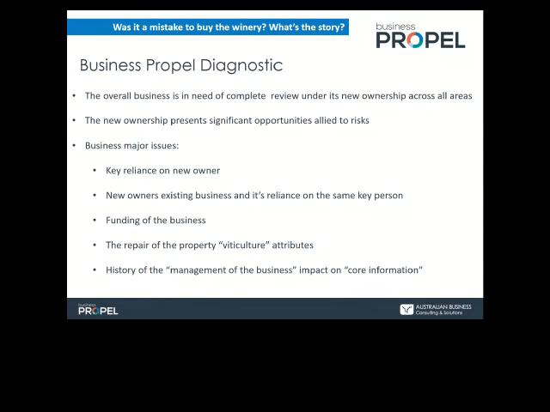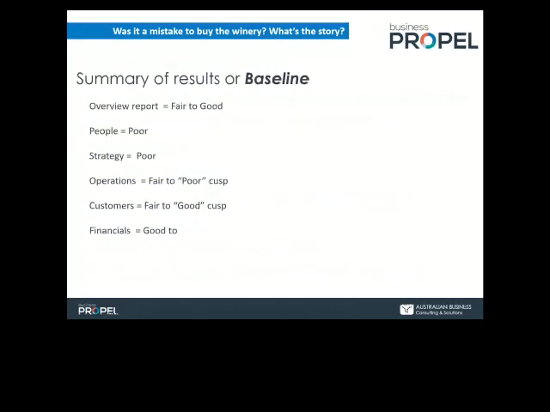And compromise led to perhaps not achieving things in the optimum fashion in the views of the new owners. That, plus a dispersal of management of roles and responsibilities across finance, marketing, viticultural maintenance, etc., led to a whole disparity and now a complete lack of primary core information being available or recorded. So out of the diagnostics, we came up with an overall report that the business on average was fair to